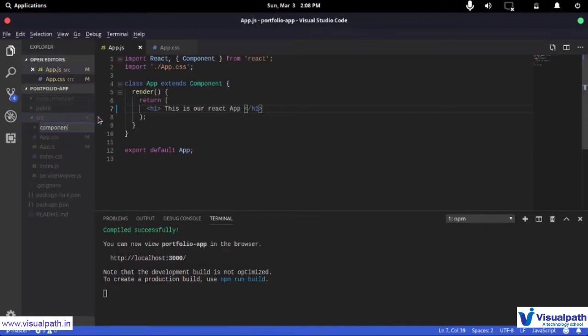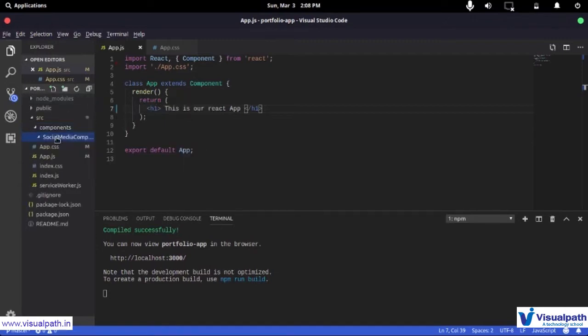Now once I've created this folder, for every single component that I'm going to create, I'm going to create a folder for it. So I'm going to call it media component.